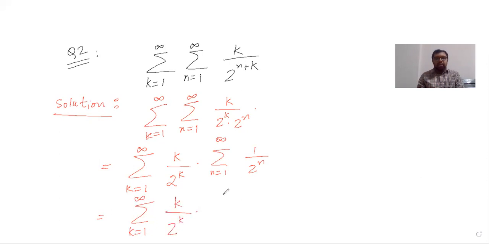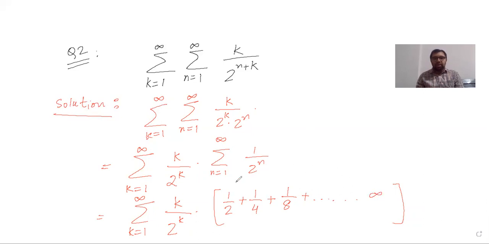And now if I expand this series, first of all, the first term will come when we substitute n is equal to 1, because the starting value for n is 1, right? So if we substitute the value of n as 1 here, this becomes 1 upon 2 raised to 1, which is half. Now if we substitute n is equal to 2, this will become 1 upon 2 square, which is 1 by 4. Now if we substitute n is equal to 3, this is 1 upon 2 cube, so 1 by 8, and up till infinity, so infinite terms.